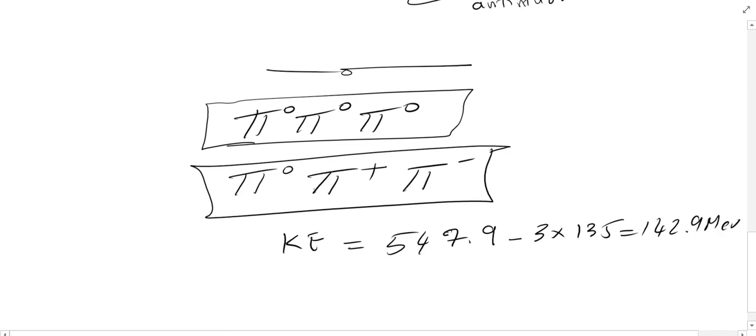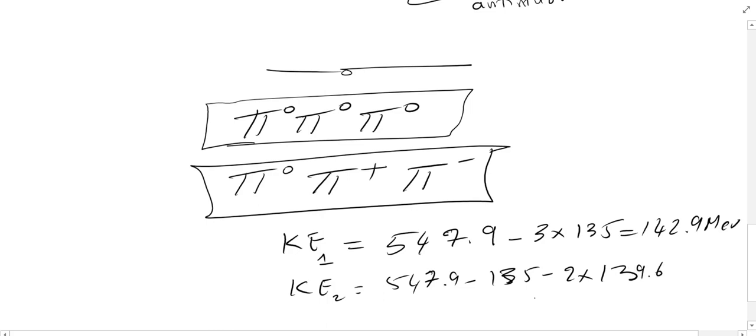Or the second possibility is a little bit different. So this is possibility 1. The second possibility is that it's 547.9 minus 135 minus 2 times... If you look at the table in there again, it gives you 139.6 for the other 2 particles. They have the same mass, 139.6. So if I plug in these numbers, the difference is going to be